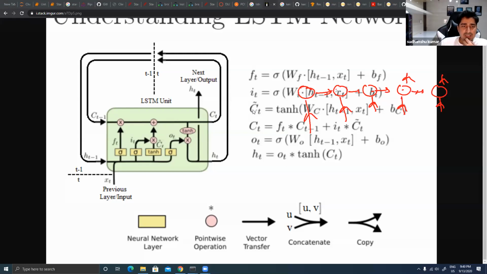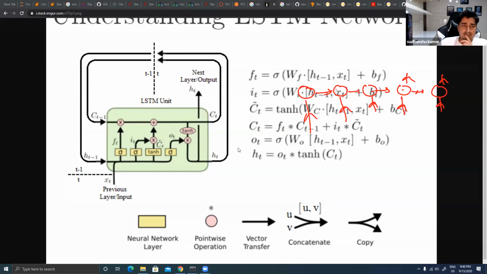Do we have a vanishing gradient issue here? It depends upon what kind of activation you are trying to use, and what kind of optimizer you are going to use. Depending upon that, vanishing gradient will be introduced. So whatever concept that we have learned in terms of vanishing gradient, the same concept will be followed even over here.